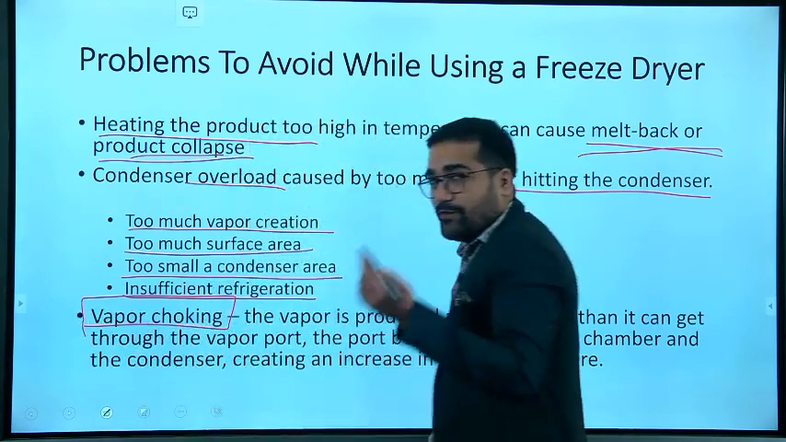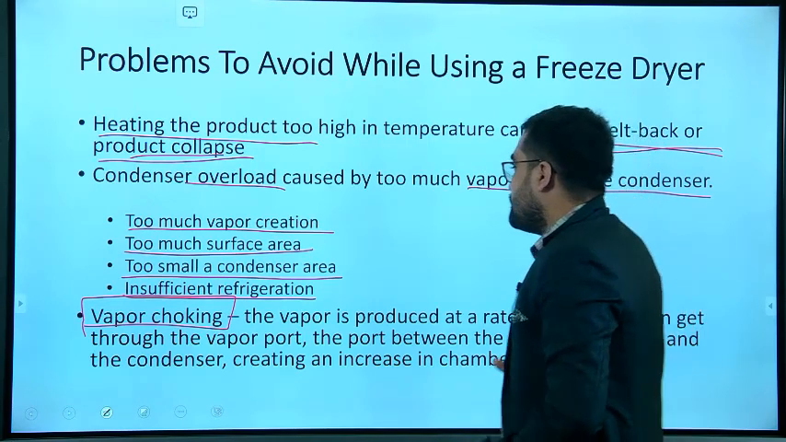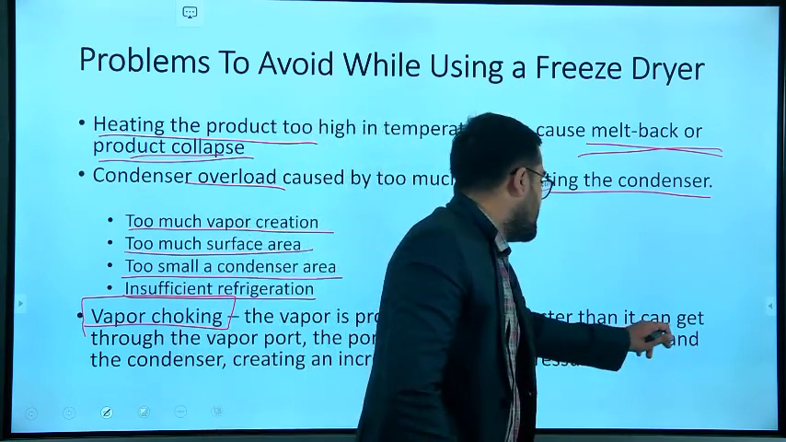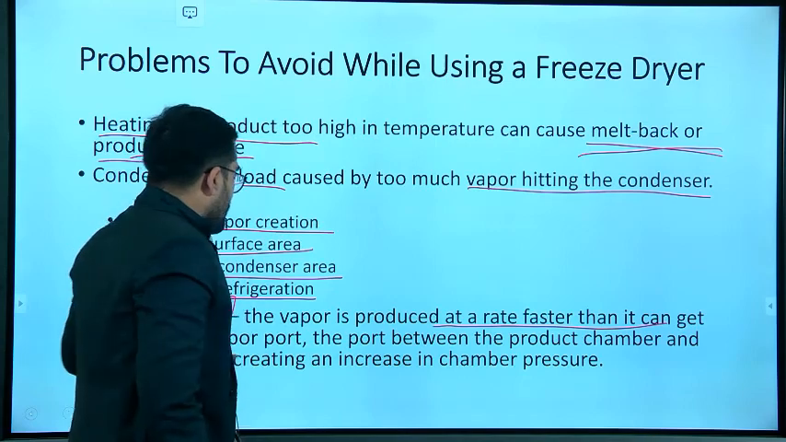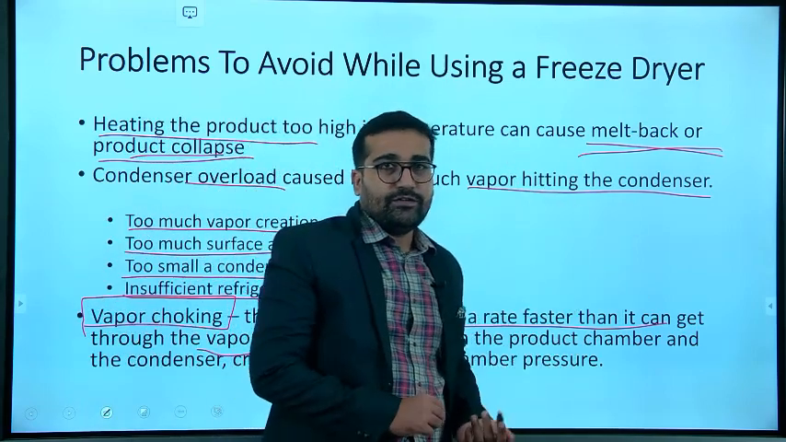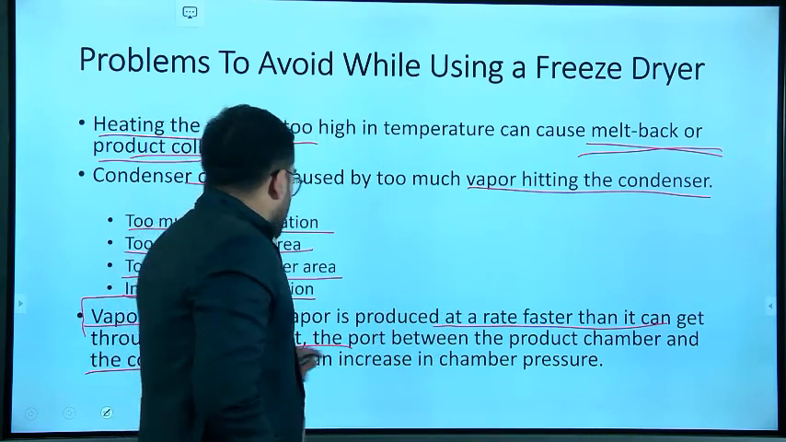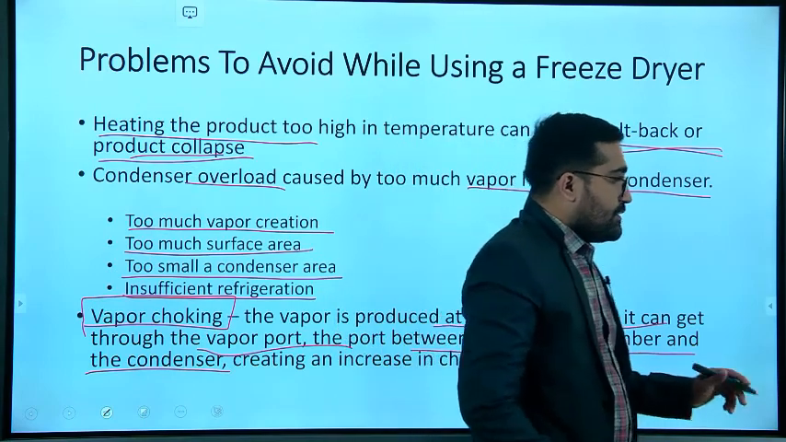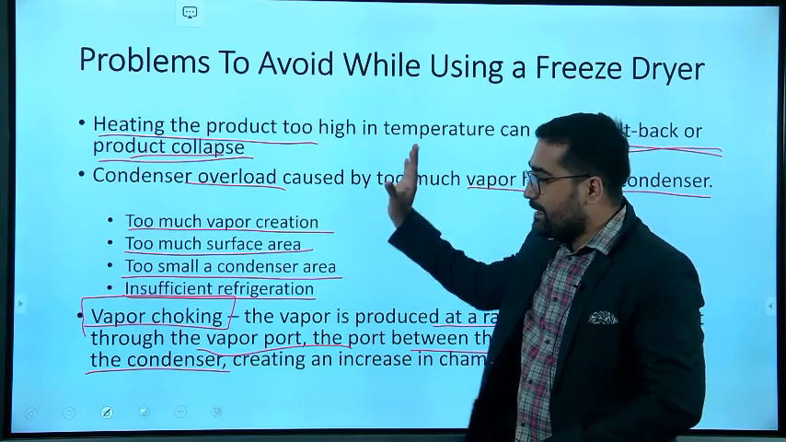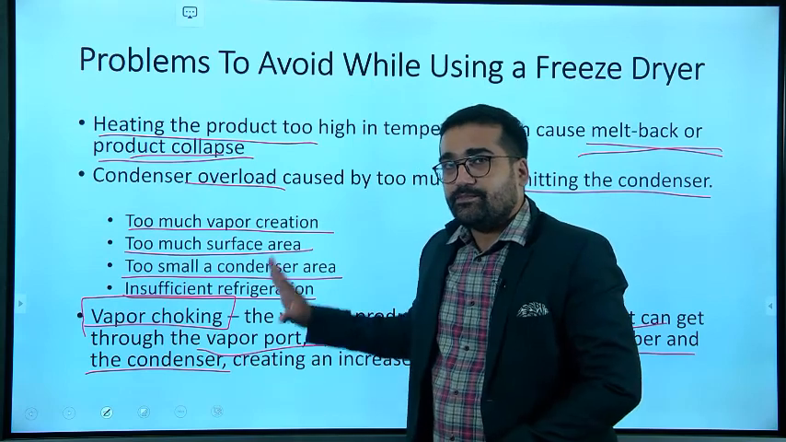Next is vapor choking. We know vapors form when we are drying. So what happens when this vaporization rate is too high, too fast? Then the vapor ports, from where the vapors are coming out, will get choked or coagulated, which will cause the complete drying process to stop, and also increase the pressure inside the drying chamber,